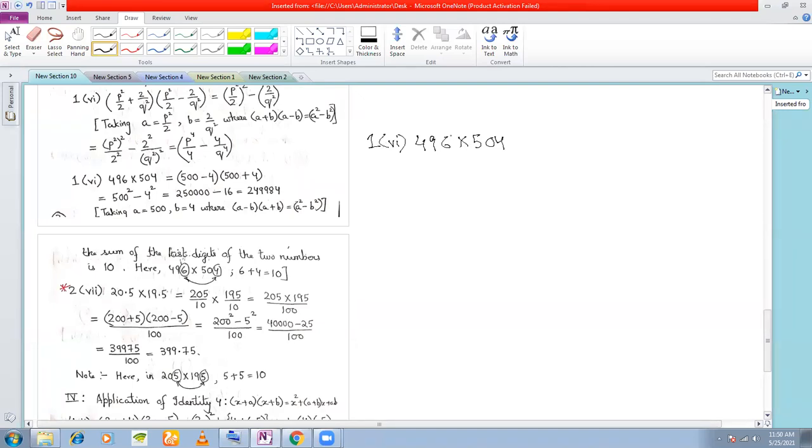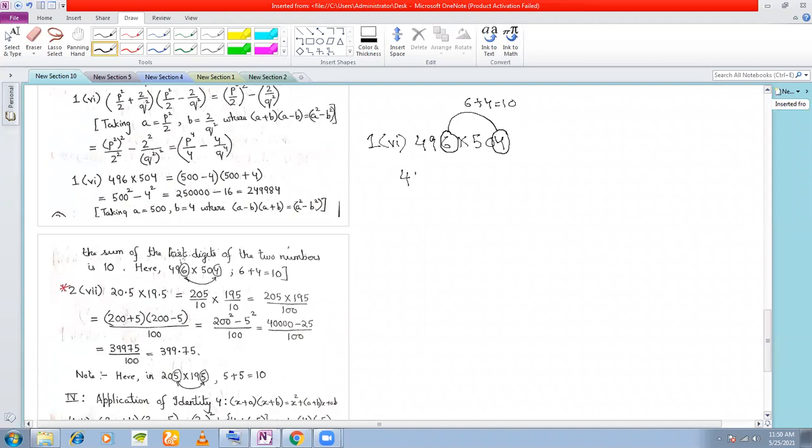whenever you are doing this multiplication, the sum of the units digits of the two numbers must be 10. Only then can you apply (a plus b) into (a minus b). So once I see that the sum of these two digits is 10, what I will do here is